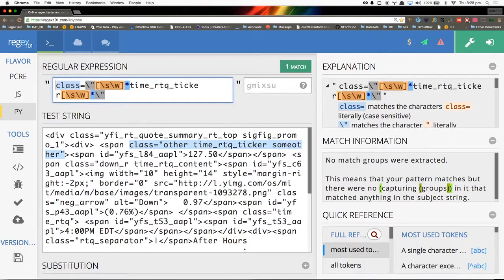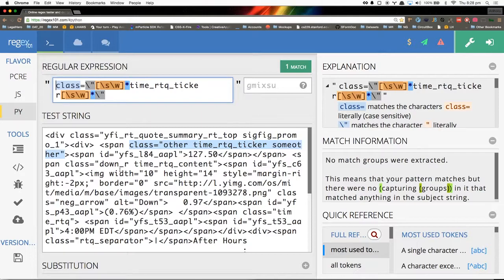And I'm saying find class, it finds class, find equals, finds equals, and then again I have to escape the quote, it finds the quote. And what I'm doing here is this within the bracket is like an or. \s means any space character, \w means any word character. By the way, these are both lowercase.